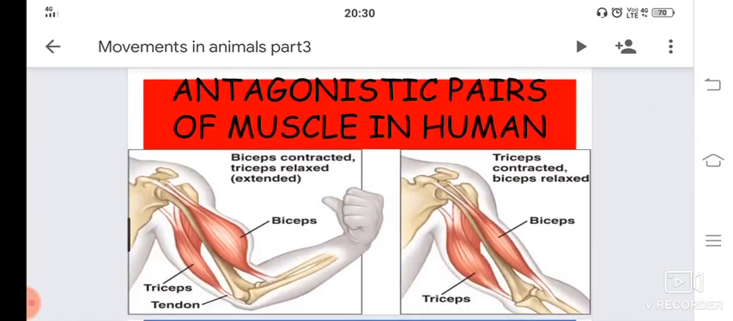Next we have antagonistic pairs of muscles in humans. So here we have biceps and triceps. These two are helping the contraction of our body while extending and then relaxing. While we are expanding our muscles or relaxing, we have biceps and triceps, because of what? When the person is regularly going for